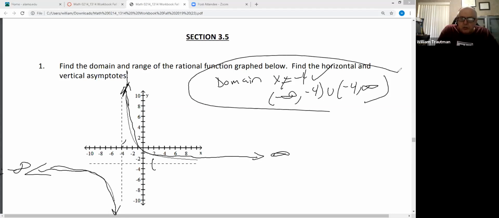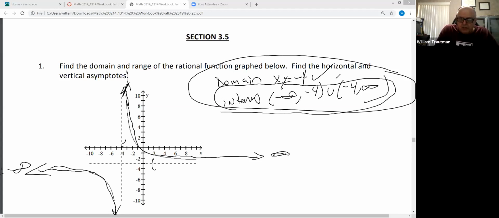So this is how you write the domain in interval notation. X equals everything except -4. It stops at -4 and then jumps over it and starts up again on the other side of -4. Now the range is